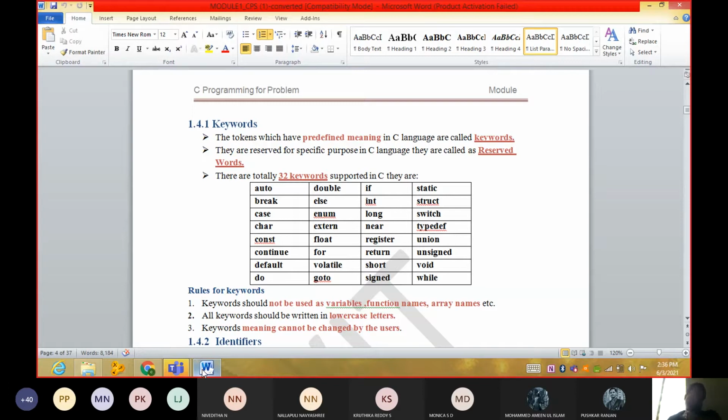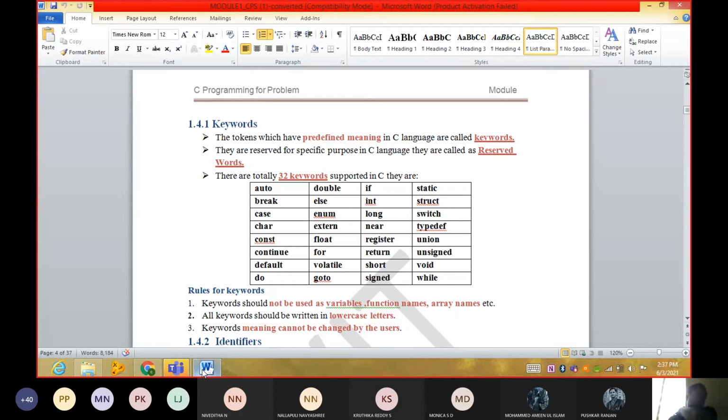So these are the 32 keywords supported by C. Apart from these, the C compiler won't accept anything. You should write a C program using only these 32 keywords.